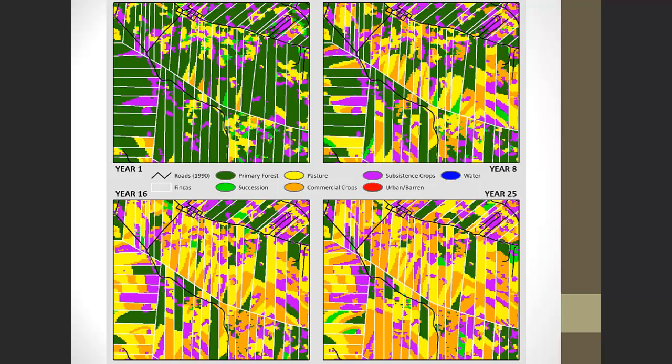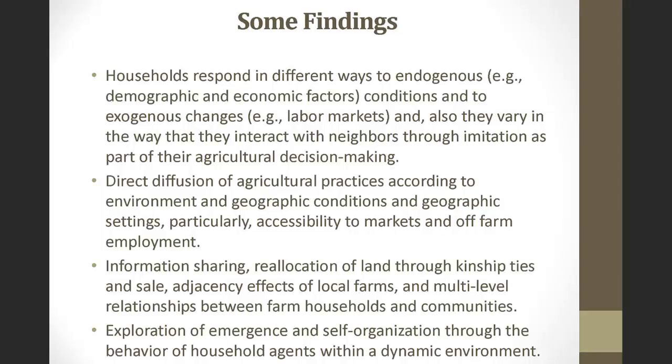And so what we're really interested in is the demographic shifts. We're interested in the processes of accumulating wealth and assets. We're interested in the processes of how towns and accessibility is changing the deforestation patterns. We're interested in how the aging of the household is changing the nature of household necessities, from subsistence agriculture to cash and other things for school, healthcare, and so forth. So we had a whole group of people involved, from climatologists to social demographers, and that was the take on that model. Some of the key findings, I suppose, is information sharing, reallocation of land through kinship ties and sale,